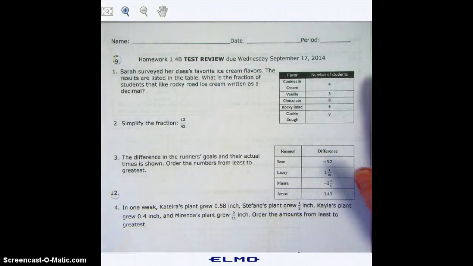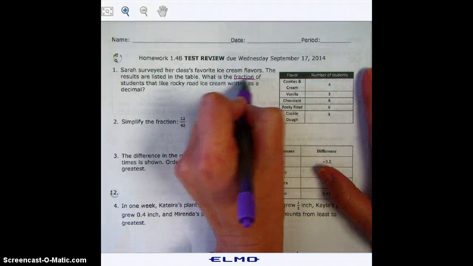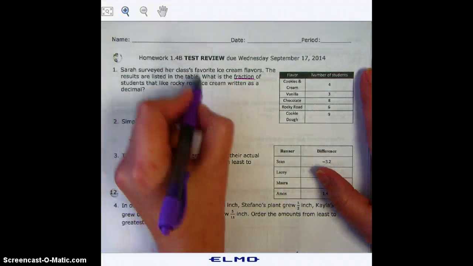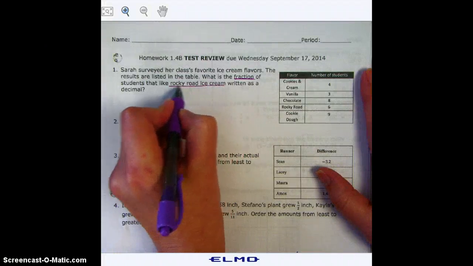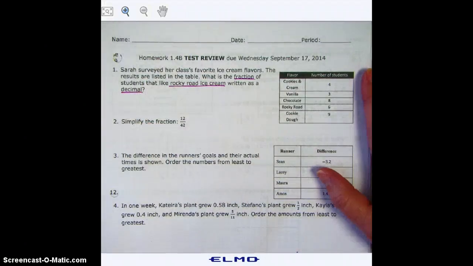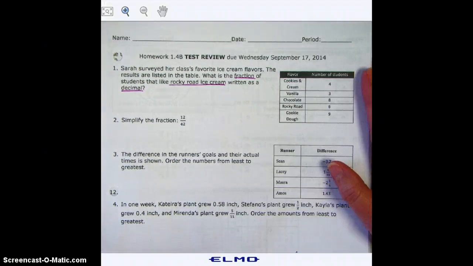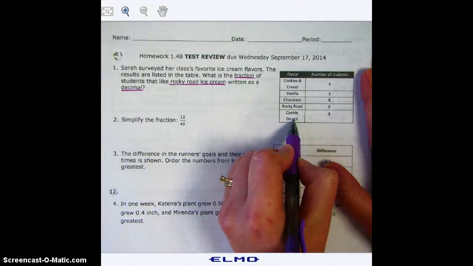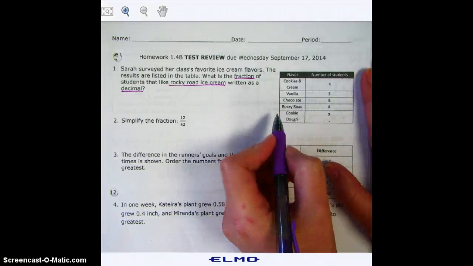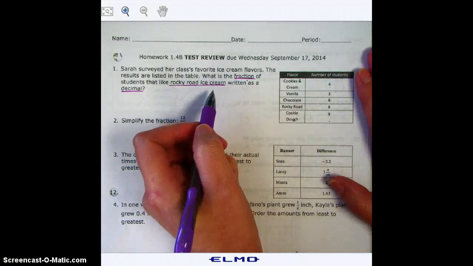First thing that I want to do is look at what the question is asking me to do. What is the fraction? So it wants me to write a fraction, and then it also wants me to write Rocky Road ice cream as a decimal. So the first thing I'm going to do is look at my table to the right, and it gives me the flavors of ice cream, and then it also gives me the number of students per flavor. Well, if I remember back, fractions tell us that we need a part to whole ratio,